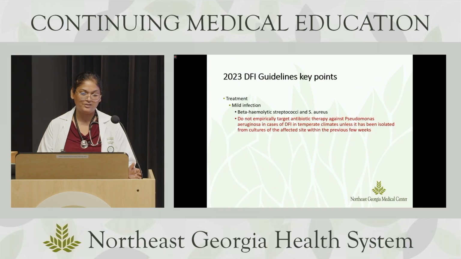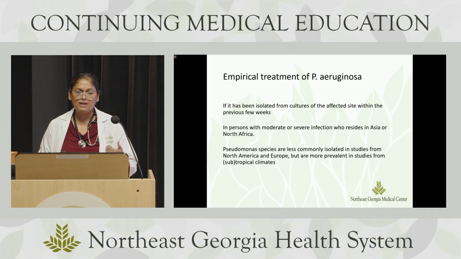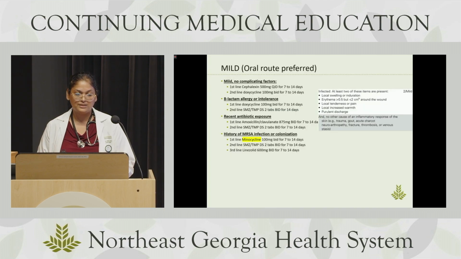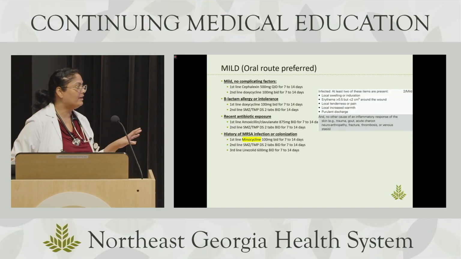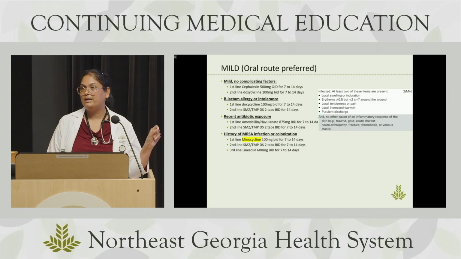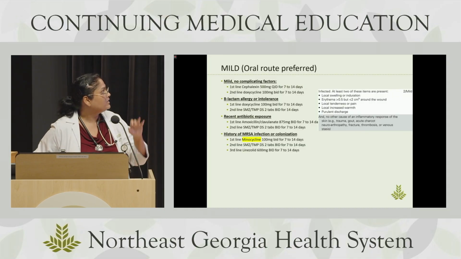Vancomycin or vancomycin Flagyl. If you refer to the DFI guidelines published by IDSA, they have clear guidance on when to add anti-MRSA or anti-Pseudomonal therapy. And for Pseudomonas, especially if it's been isolated in the past, if the patient is living in Asia or North Africa, which is not something we commonly see, or any risk factors where we're concerned about Pseudomonas as the pathogen. And I'm not going to read through all of this, but I just wanted to share, we're hoping that this will be added to the antibiotic guidance in EPIC under the sidebar summary section.